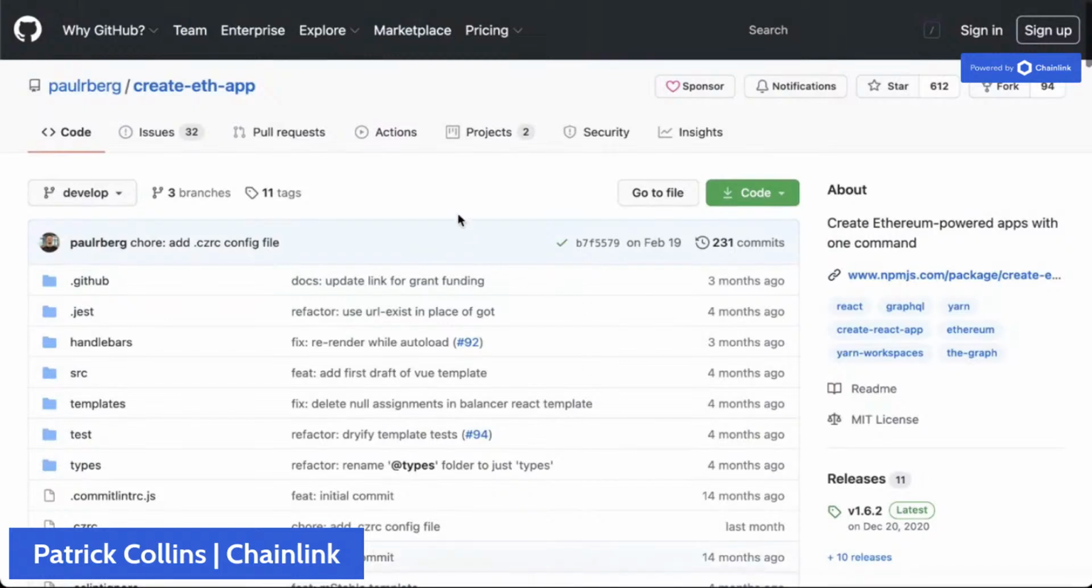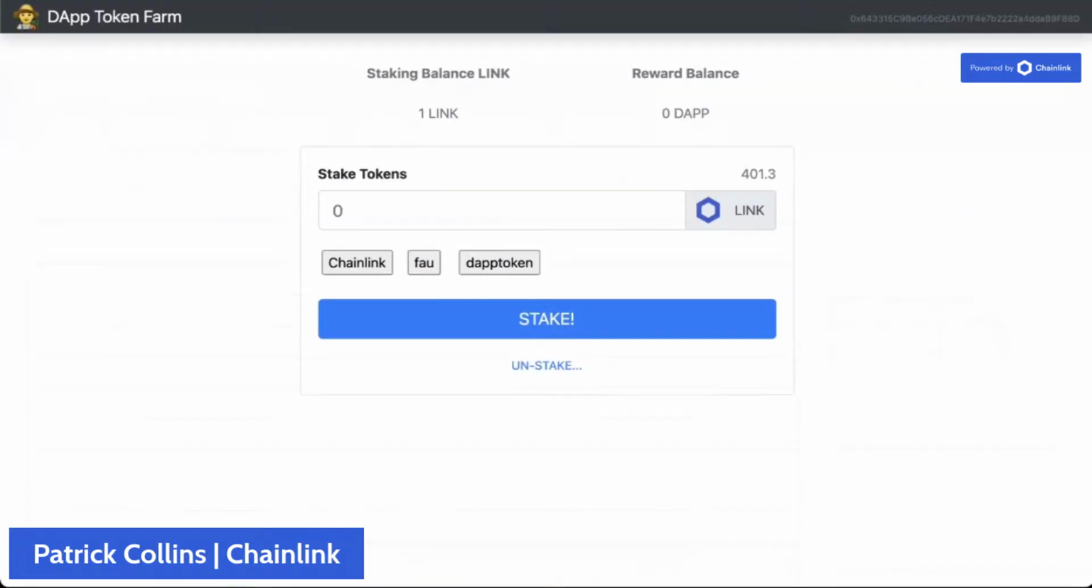Cool. Let me show you first what we're going to be working on today. It's an application that allows us to stake our different tokens. These are the different tokens that we can stake, and then we can also get issued rewards based off of how much we've staked. If you guys have ever seen anything like